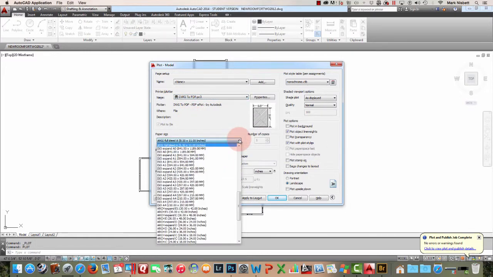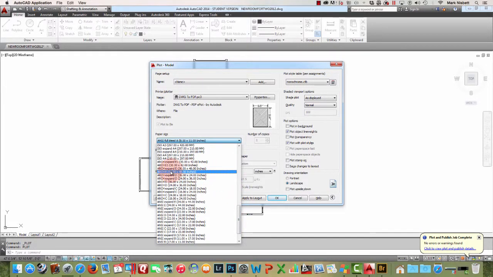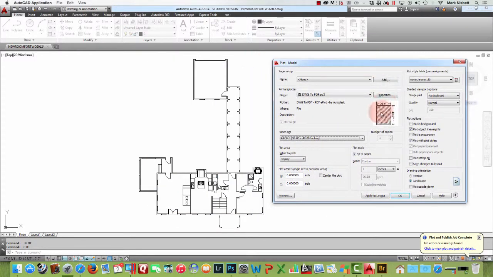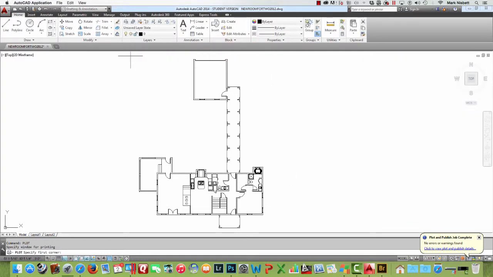the first thing I'm going to do is set the size that I want this to be. So I want this to be a large image, so I'm going to use an Arch E size, which is 36 by 48. And you can see here it's taller than it is wide, so this works pretty well. So 36 by 48 is basically what I want, and what I want to plot is going to be the window. So I'm going to click on window, and I'll come in here and make a window around this thing,